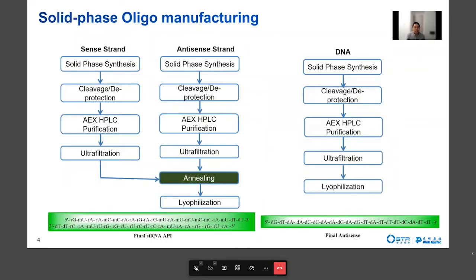For the manufacturing of oligo drugs, it employs similar approaches as peptides, which is to utilize solid phase synthesis strategies to assemble the sequence, and use cleavage and deprotection to obtain the crude API, and purification or lyophilization to get a final purified API. For duplex, one additional annealing step is needed in the process.